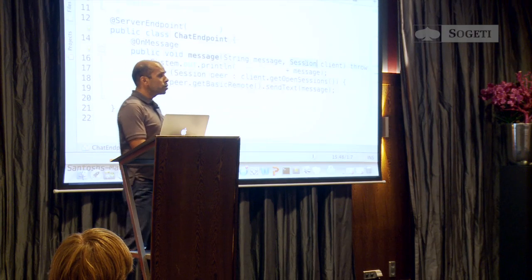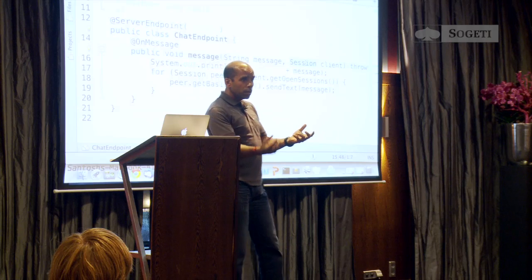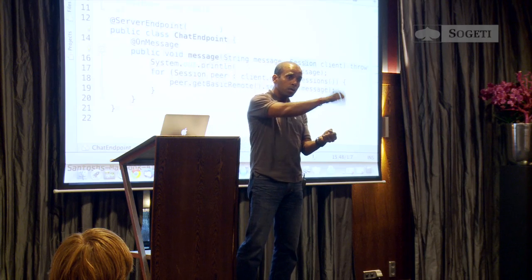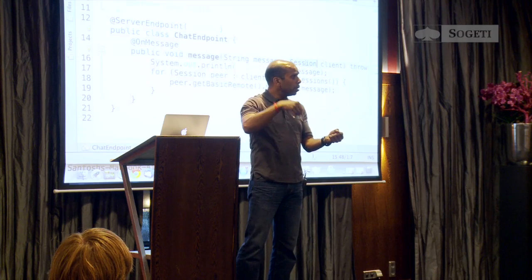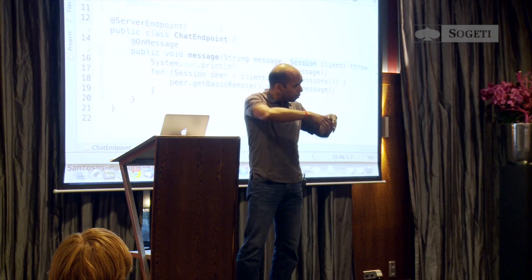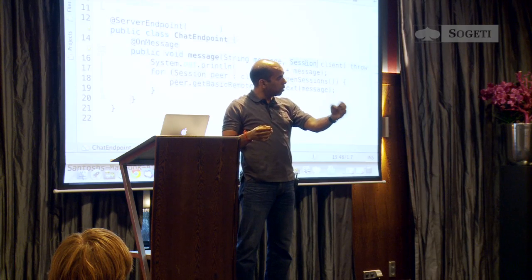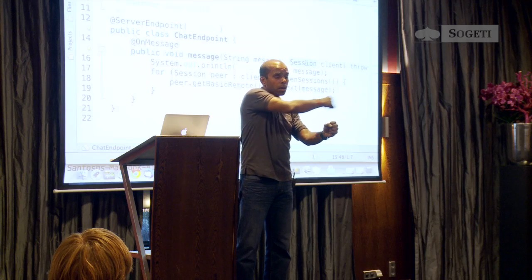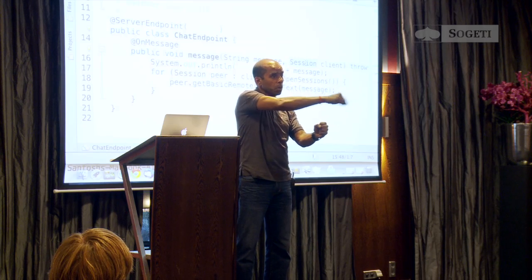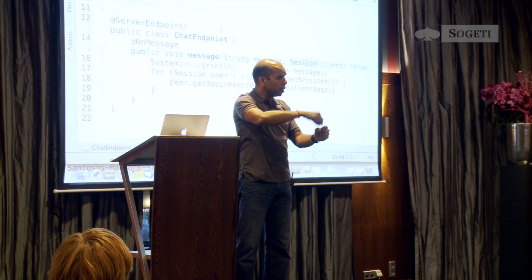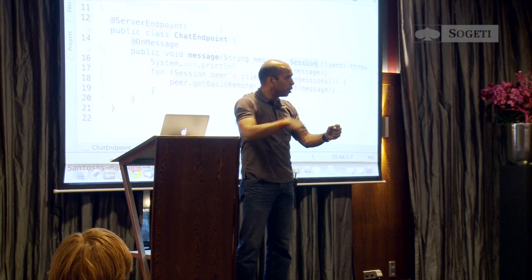Now think of it as a chat server. There's a client which sends data to the server. There are other clients connected to it as well. They all send data to the server, and it broadcasts it back to them. So it's like a classic wheel model. There's a hub, and the clients are on the edge of the wheel, on the spokes. So the client sends data, the server receives it, and then it broadcasts to others.